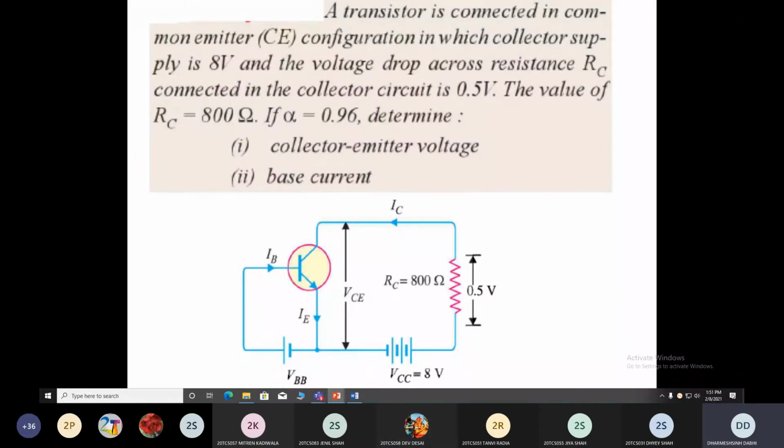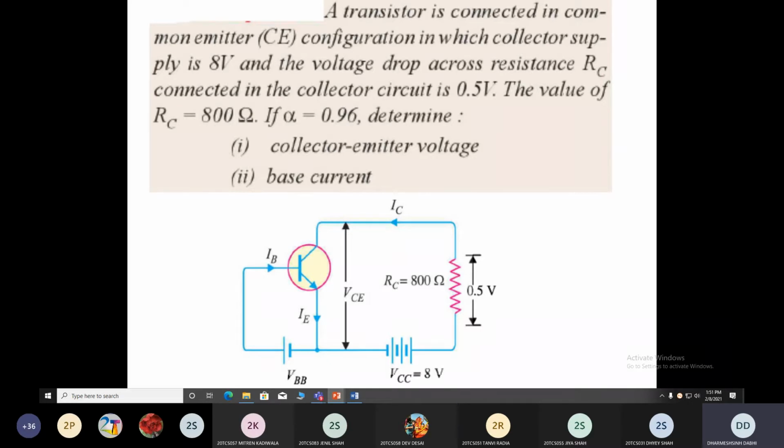So now, as you know the equation of current amplification factor beta, what is the equation of beta? IB upon IC? No, IC upon IB. Yes. Always, current amplification factor is output current divided by input current. In the common emitter, the output current is IC, the collector current, and the input current is IB. So beta is the ratio of IC divided by IB. So now IB is equal to IC divided by beta. Clear? So what is IC?